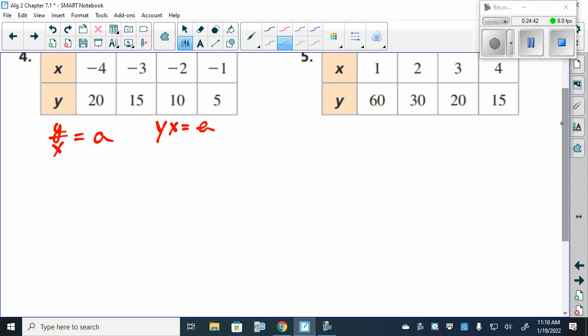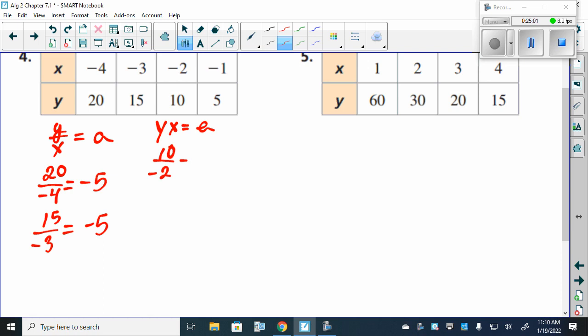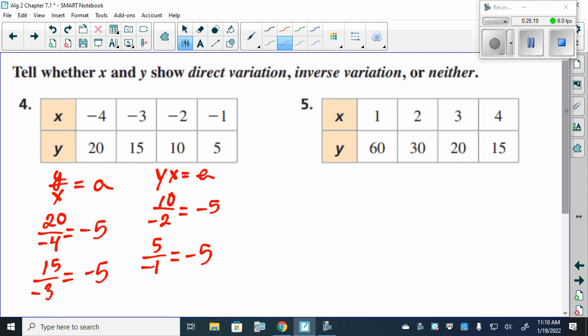We can try direct variation, so we can say 20 divided by negative 4, 15 divided by negative 3. Negative 5. Okay, this is looking good. 10 divided by negative 2 is negative 5. And 5 divided by negative 1 is negative 5. So we do have the constant term the same for y divided by x, which tells me that this here is